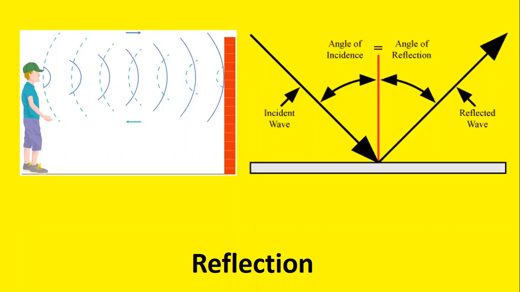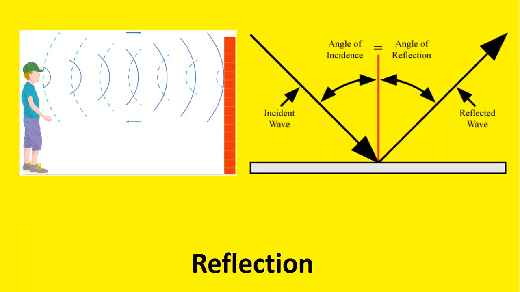Reflected waves have the same speed and frequency as the original waves before they were reflected. However, the direction of the reflected wave is different. When waves strike an obstacle head on, the reflected waves bounce straight back in the direction they came from. When waves strike an object at any other angle, they bounce back at the same angle, but in a different